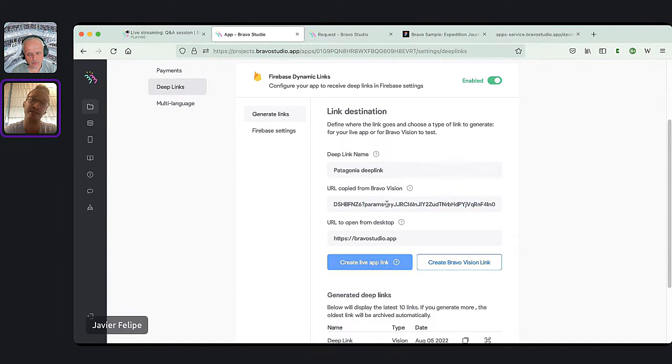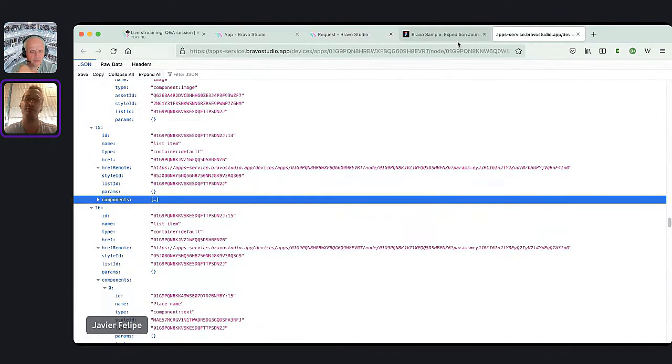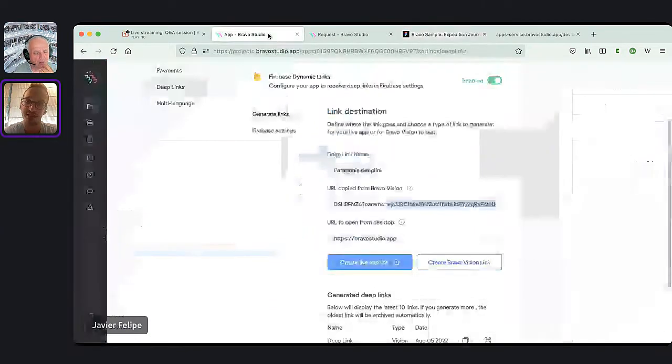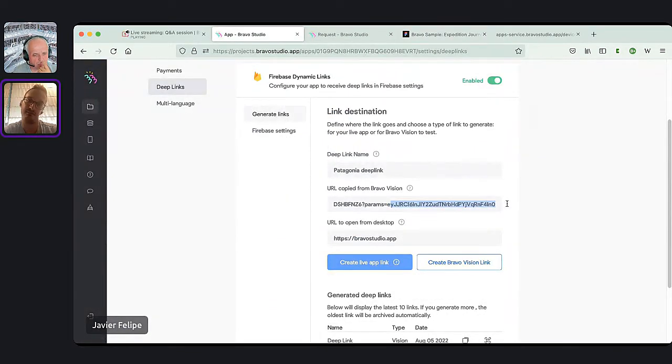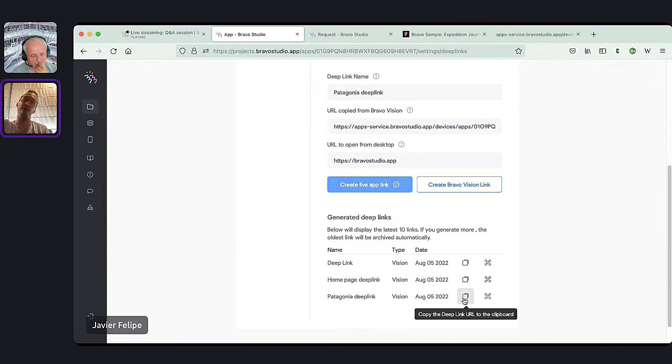This is basically that ID, the one in the reference in the Airtable row, encoded in base 64. That's an encoding format. And then with this URL, we can generate the deep link as we did before. There we go. And that deep link is going to target that specific page for that detail